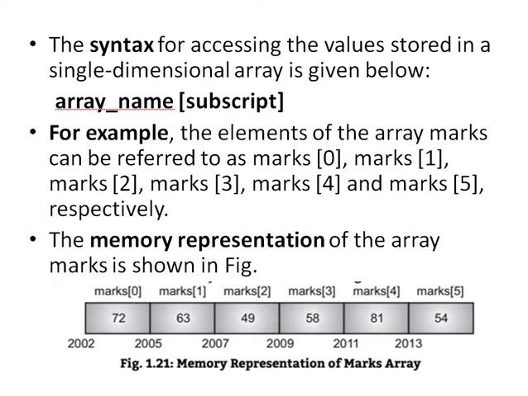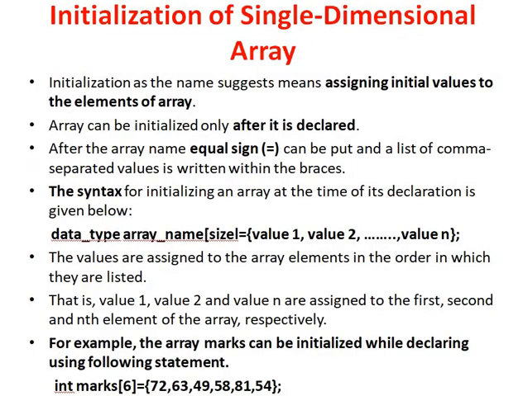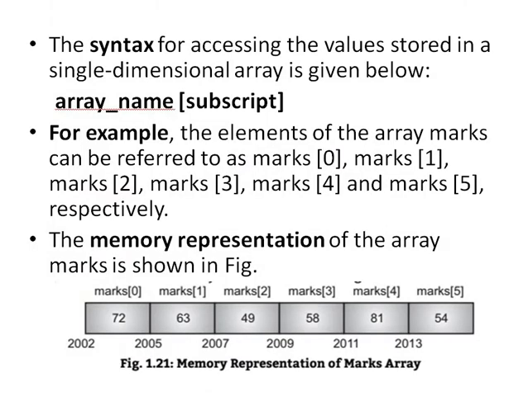In the last example, we defined one array marks of size 6. So there are a total of 6 elements in array marks. If we want to access any element from that array, we specify marks 0, marks 1, marks 2, marks 3, marks 4, marks 5 respectively. Here marks is the array name and in the square bracket there is a subscript or index value. By using this index value, we can access the element of the array.